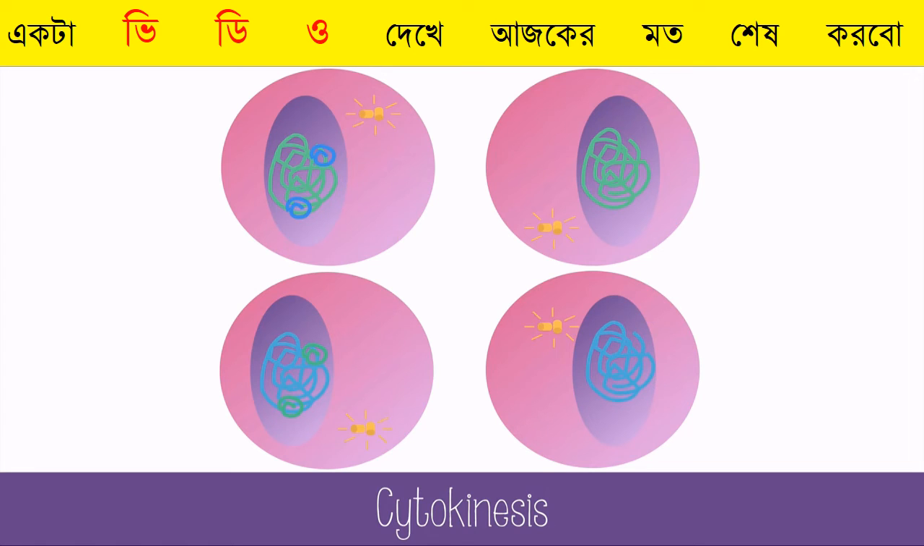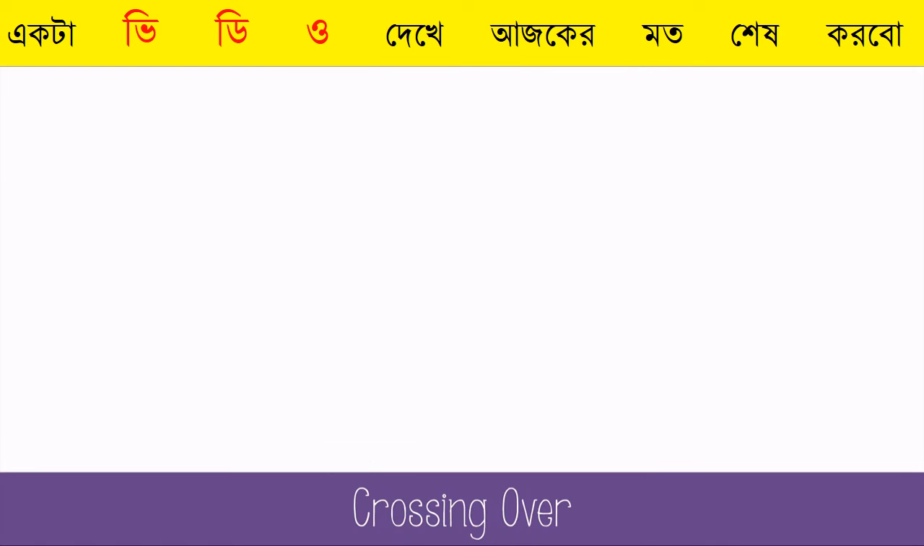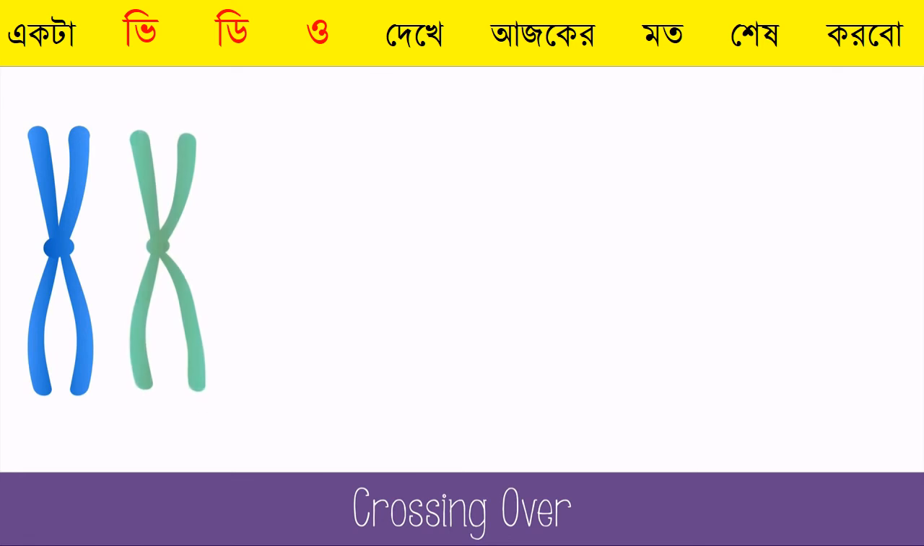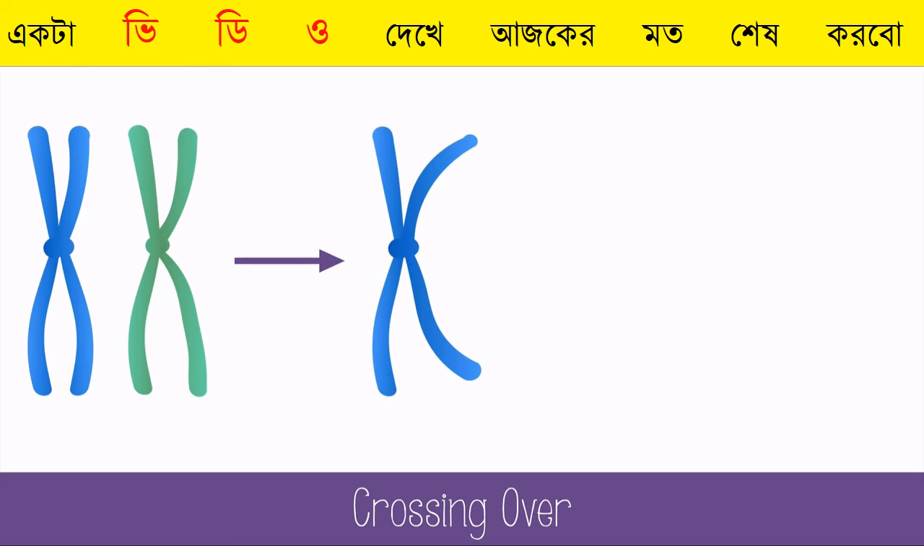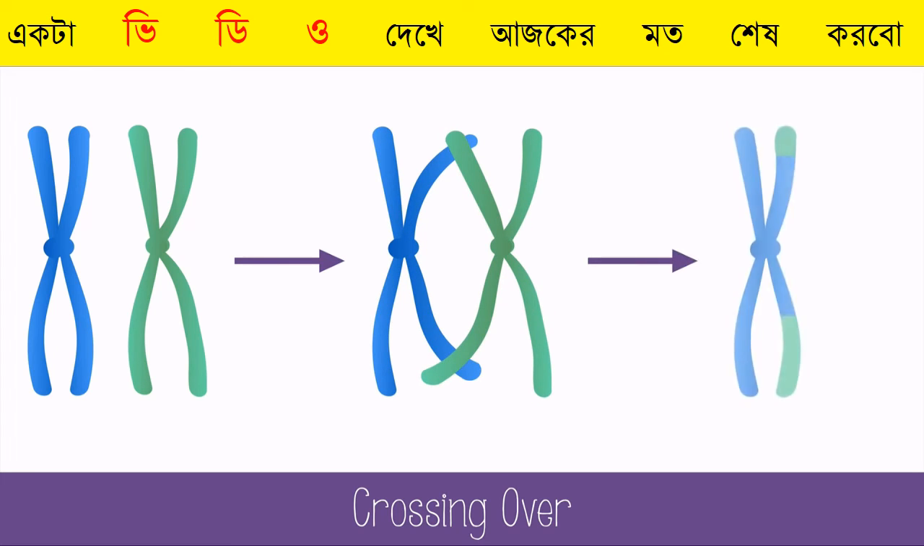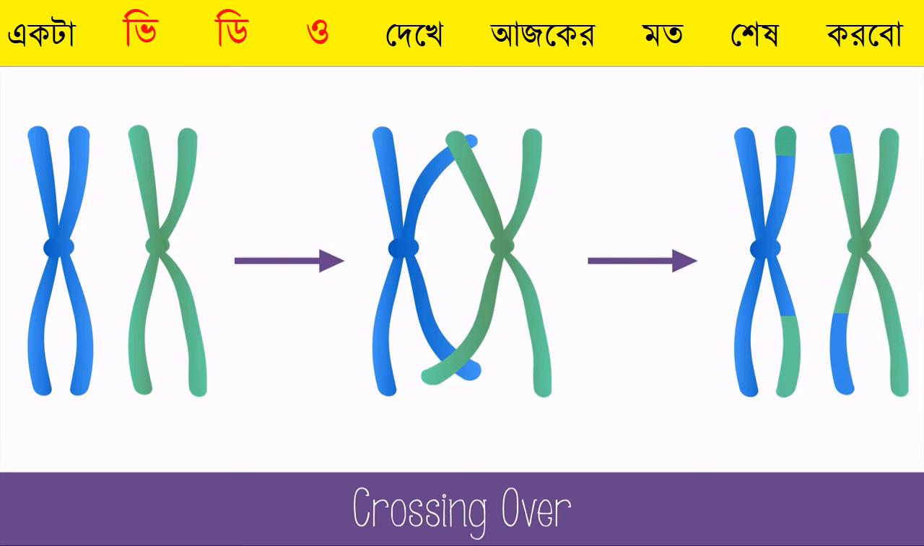Let's look at the process of crossing over one more time. These duplicated chromosomes are homologous. One came from the mother, and the other came from the father, but they both carry the same type of information. During synapsis, sections of the chromosomes will cross and switch, creating recombinant chromosomes. This provides a great source